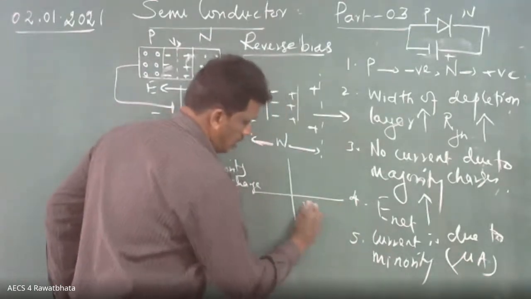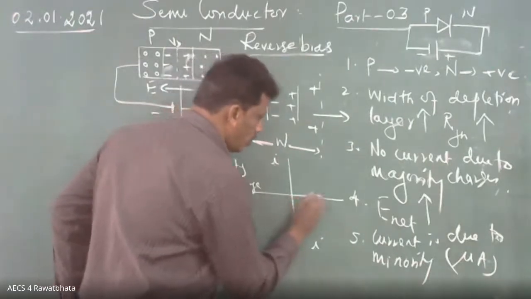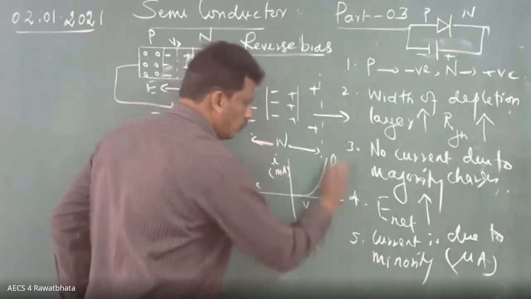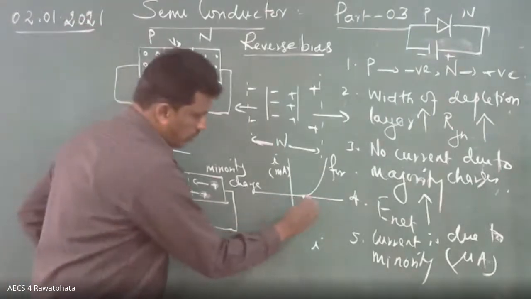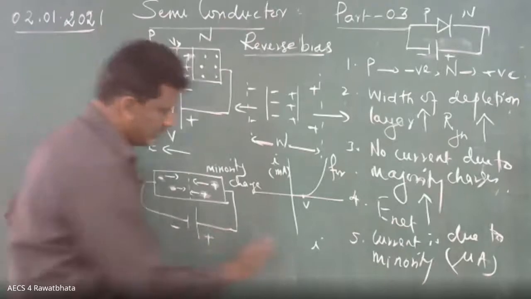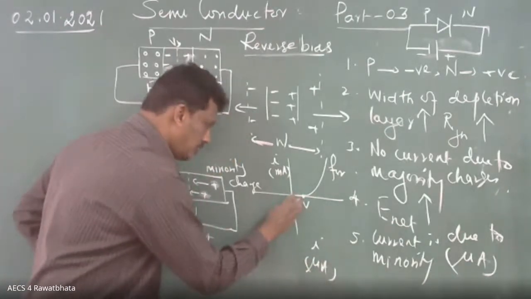So here V, here I, here also. Here what will happen? You got like that. Here this is in milliampere. This is forward bias. You got it, no? Up to certain voltage, no current, then it is. In this case, what happened? Reverse bias, current is in microampere. So here you see,